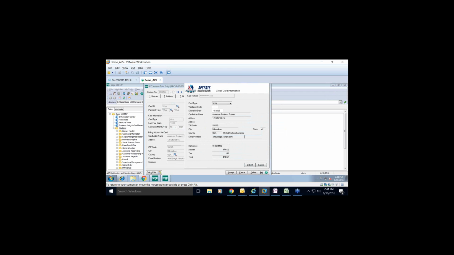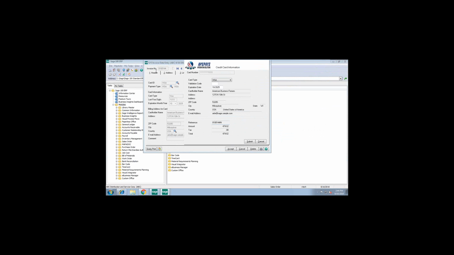Oh. There we go. So you can see the APS window will appear with the default credit card information. It will reference an invoice or sales order number, depending on the area in which you're accepting the payment. It will require a validation code, but you can also switch this requirement off and just bypass this field. It is a universal switch, so you have to be careful if you do decide to switch it. In my case, I'm going to go ahead and enter the validation code, and I'm going to click on the